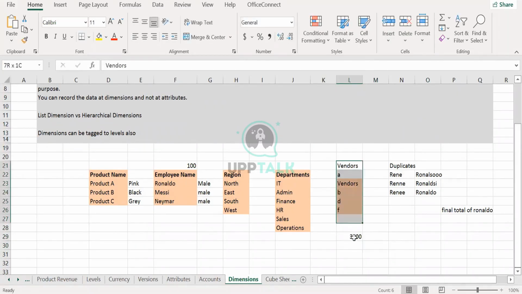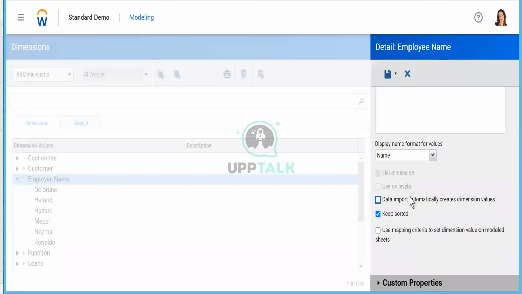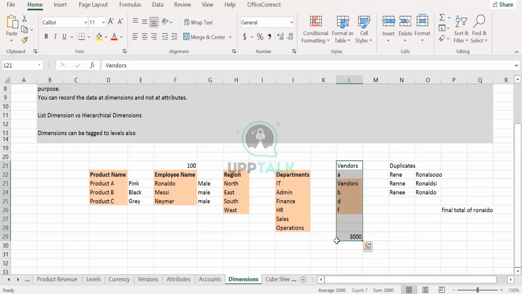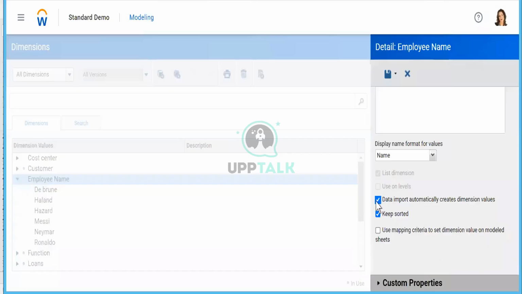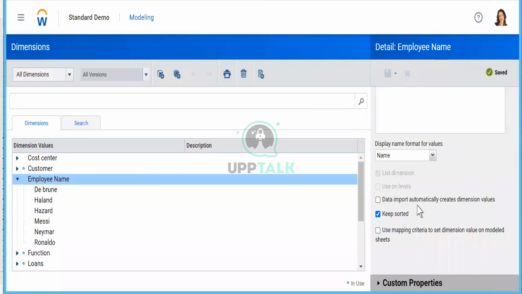For such cases, you can keep this on, because it is a hectic task to create 3000 dimensions manually. It's better to handle it through an integration. For such cases, you can check the box, and for cases where you're not confident, you do not check the box.